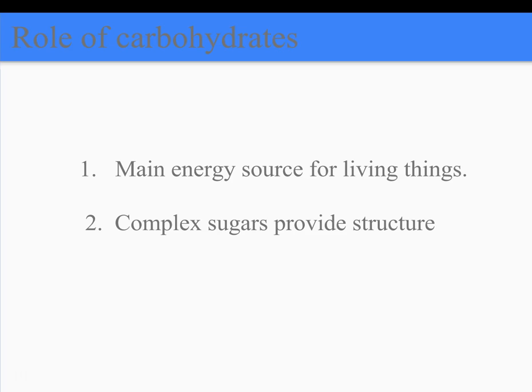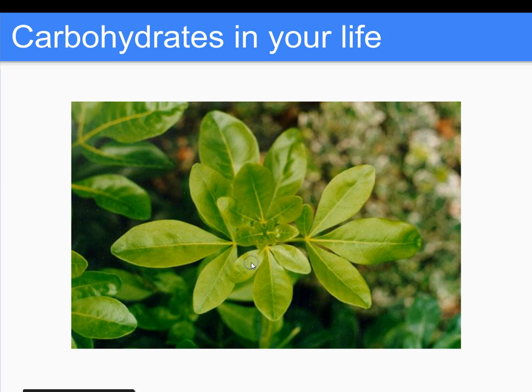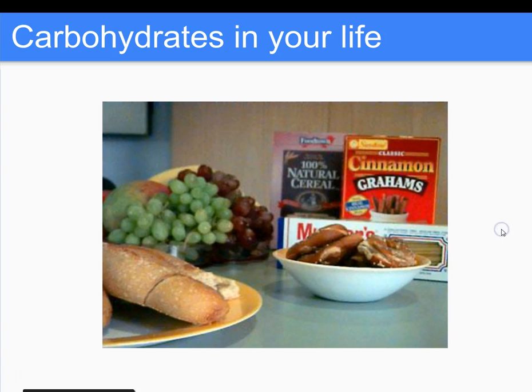So overall, if we think about the general role of carbohydrates, the biggest thing they all do is provide energy source for us, for living things. They're also useful in some living things to provide some structure. You know, in plants, they provide the structural basis for these cell walls in every single cell in a plant. We also find some structural components in our own cells, like our cell membranes actually have some carbohydrates in them for some integrity. So again, we find carbs everywhere. No matter where we look, we can find carbohydrates.